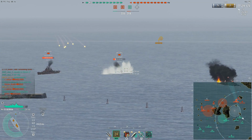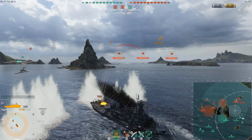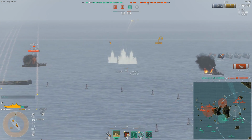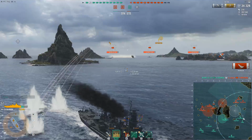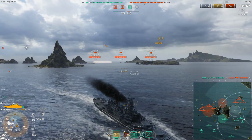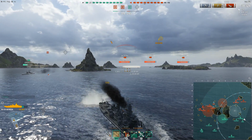Shell velocity isn't the best, but it's not really that big of an issue because the lack of shell velocity you make up by having insane velocity on your ship instead. The other gimmick, adding to this line of gimmicks that we have here, finishing off the Smolensk always feels good. He's a huge threat because, of course, he can burn us pretty damn hard, just like he can burn every